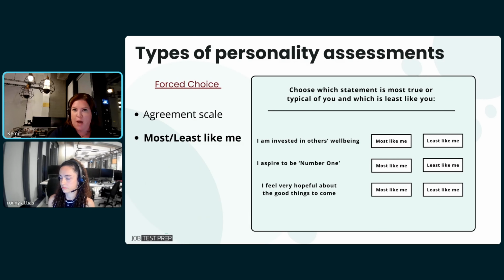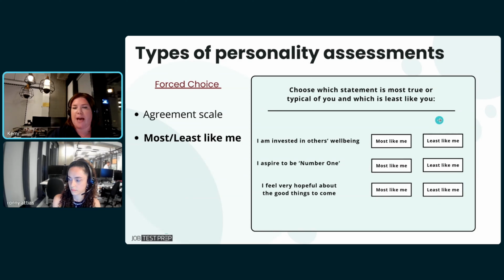Be aware that there are updated versions of this assessment whereby you will be asked to rate a statement that is most like you and also a statement that is somewhat like you. The same concept applies here. It's just that you are rating 2 statements that you very much agree with, and you more or less agree with, rather than what speaks least to you. But the format and the concept remains the same.